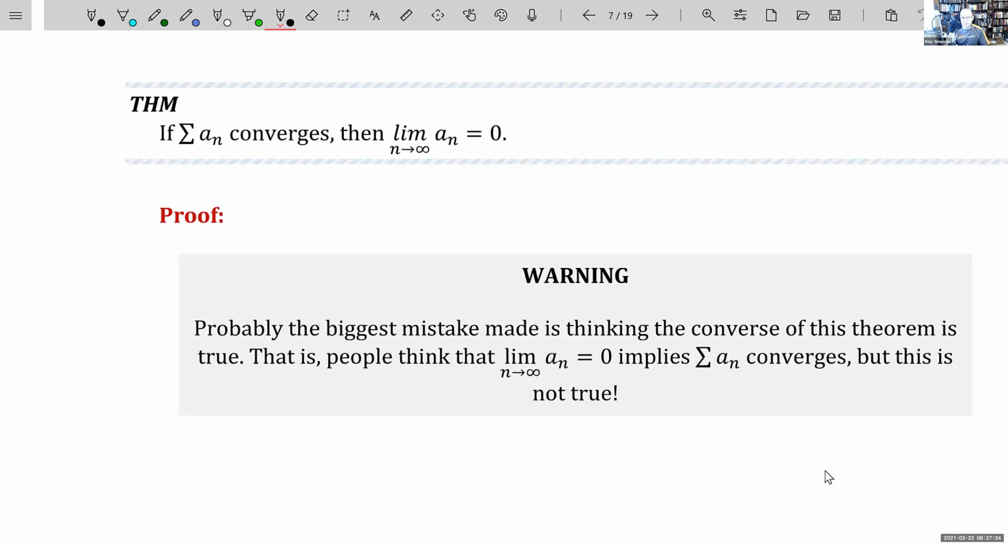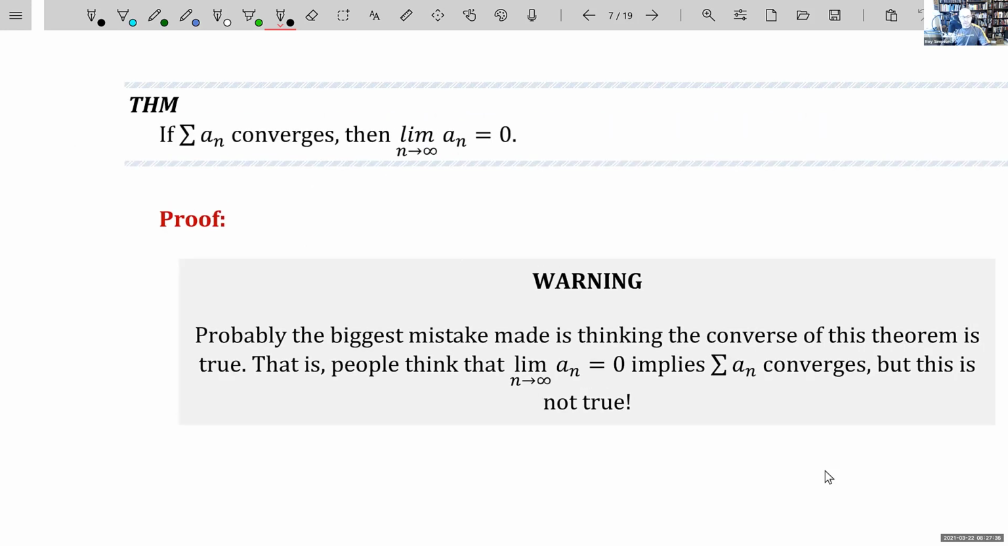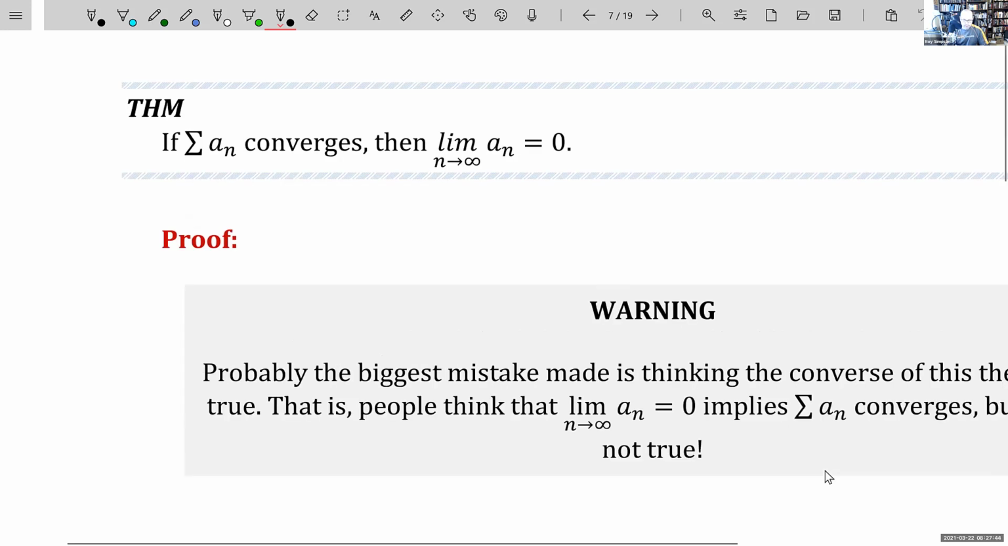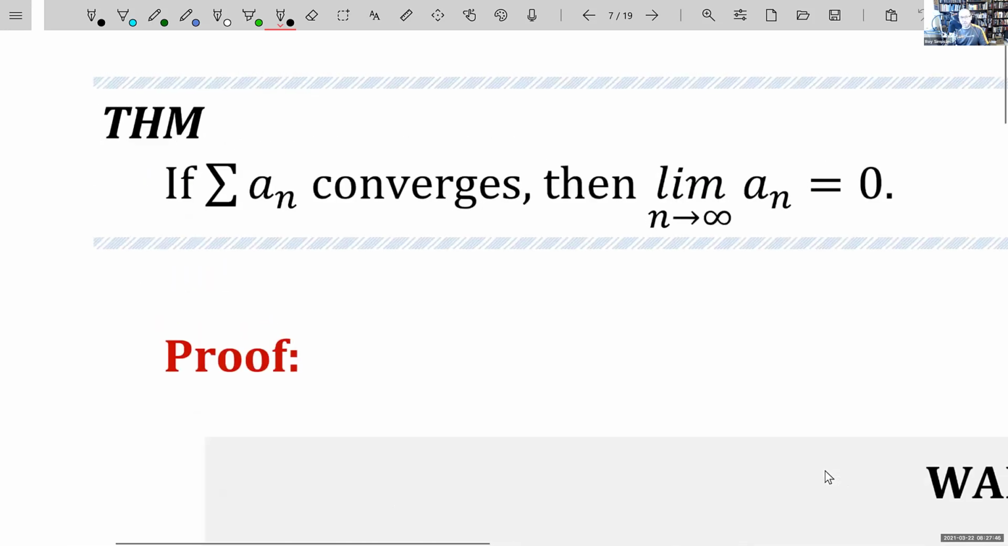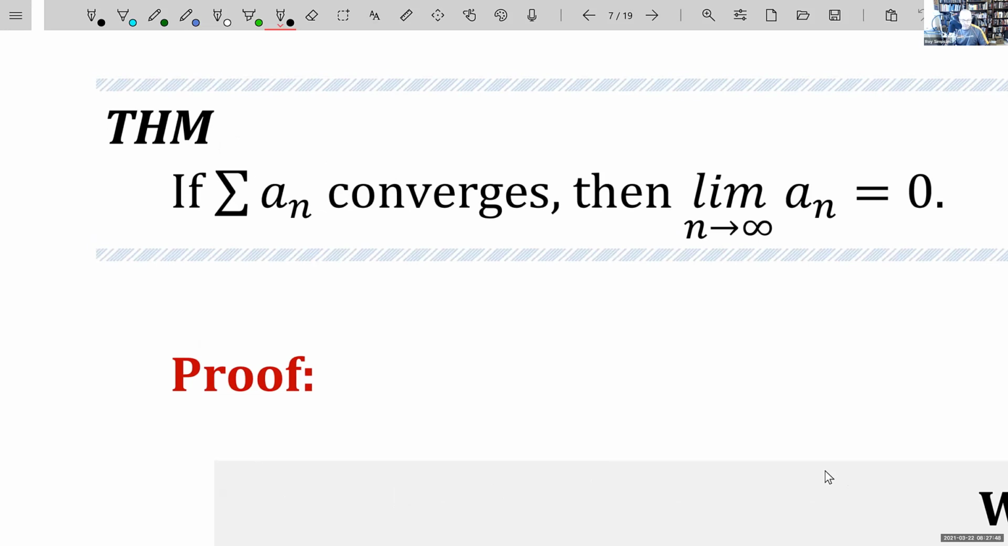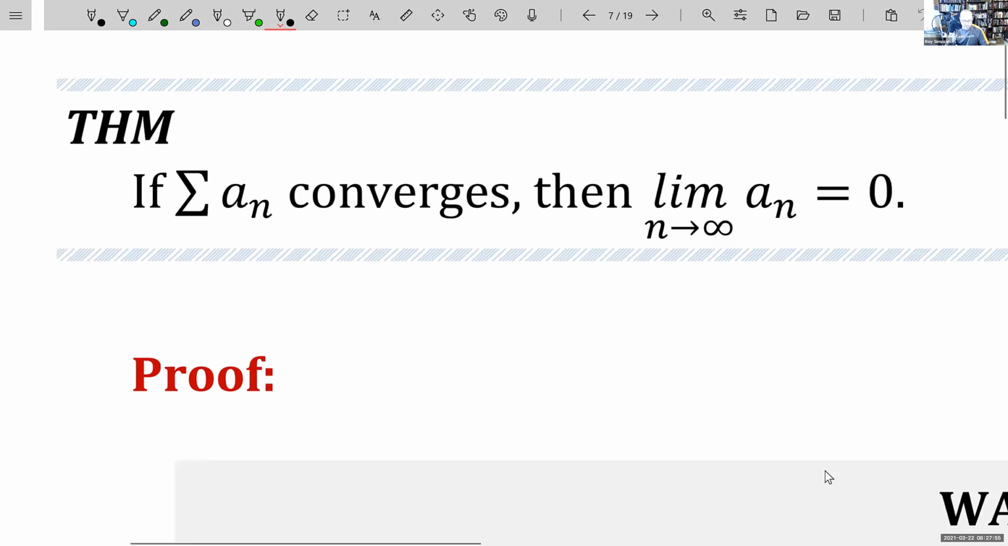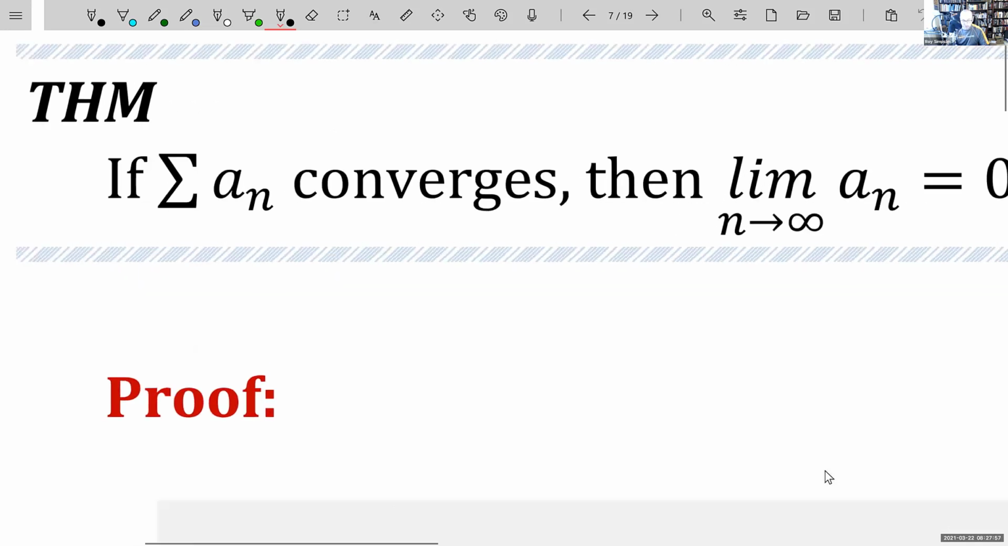Oh yeah, this is a good one. Okay, so this guy right here is one of the more important theorems that you're going to run into, and this one we're actually going to prove. This is the birthplace of probably the most important theorem that you're going to have, at least for the first chunk of chapter 11. So if you have a convergent series,